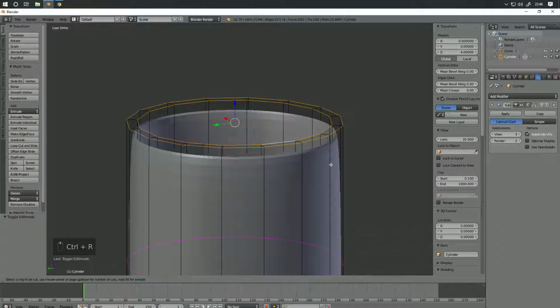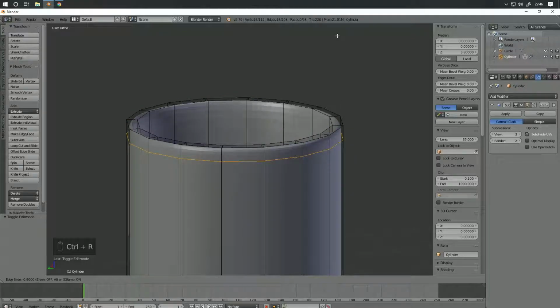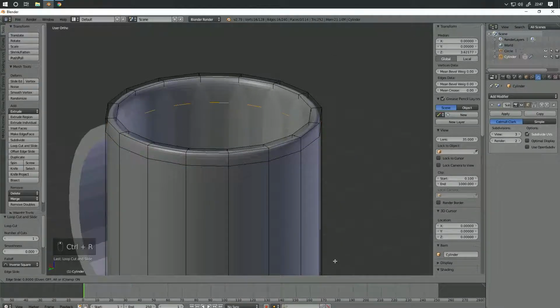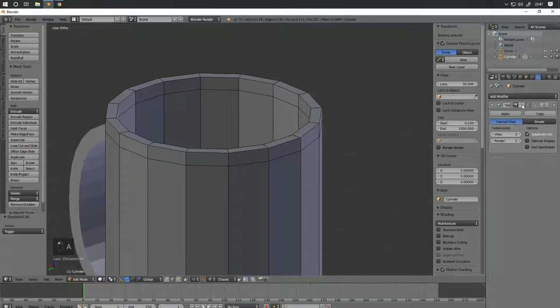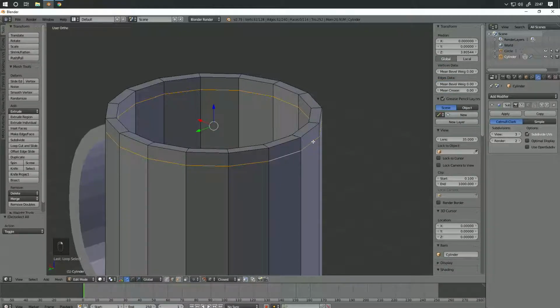The next method is to use a loop, and we're going to use a loop both on the inside and the outside. We're going to disable the one on the inside quickly by clicking this little eye in the modifiers tab. We're going to make sure that both of them are selected. We're going to press 1,